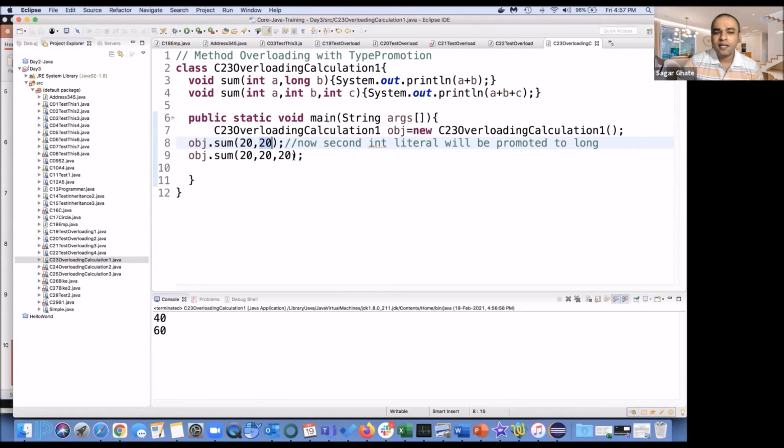In this, I'm passing int, int, and int. This sum is fine, int, int, int, so the data type is same. But here the data type is int and int. And int is small, small in size. So int can be promoted to long. So this is simple, 40 and 60, but if I am doing here 20L,